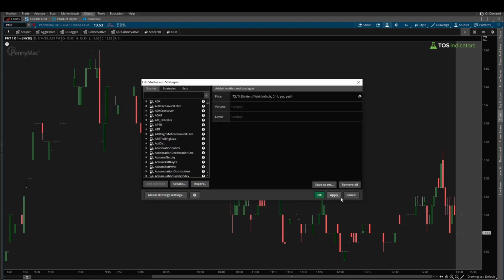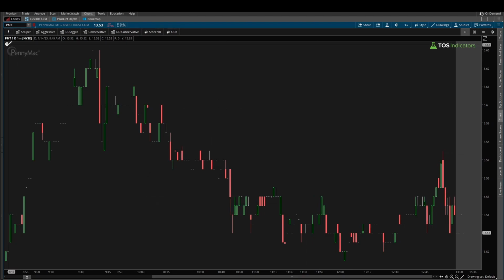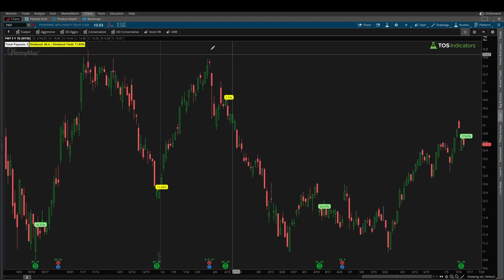Now, if I click OK, apply, you'll notice there's this exclamation mark. If you click it, we'll see the error message we just wrote. The dividend yield indicator works on a daily time frame chart only. And if we come into a daily time frame chart, boom, you see the indicator plotting the way you would expect. And that's it. You've built your very own dividend yield indicator inside of ThinkOrSwim,